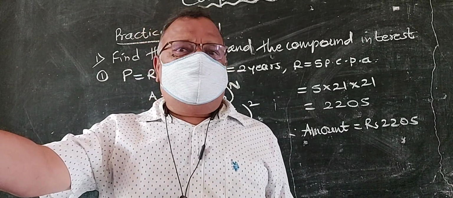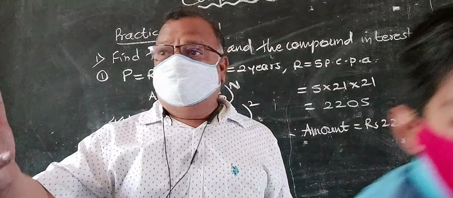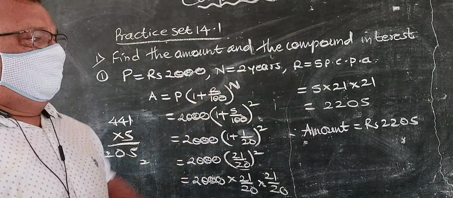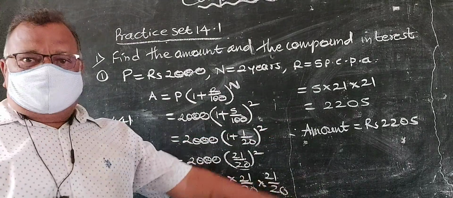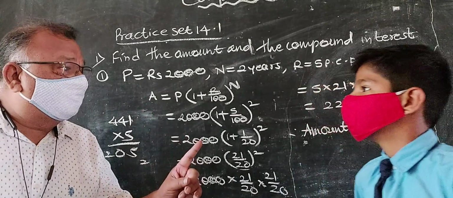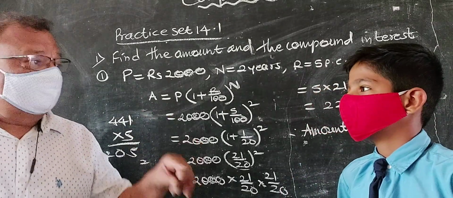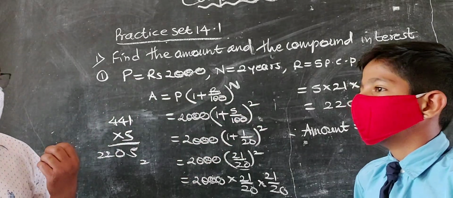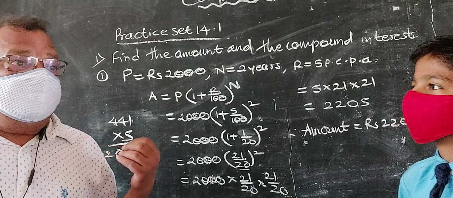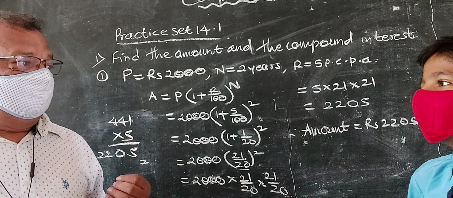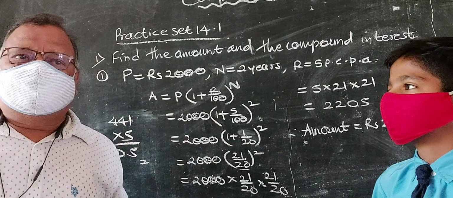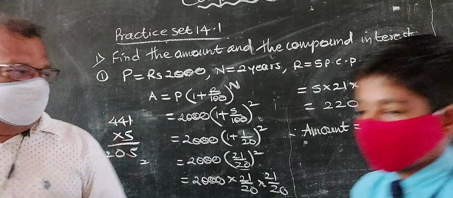Look, I am very happy that my students are able to tell the answers. It is not that our students cannot tell the answers. They can tell. Come on, how much extra did that person get? 205. Come and tell it in front of the mike. 205 rupees. Yes. How much amount was deposited by that person? 2000. How much amount did he receive? 2205. And extra how much he got? 205. So my dear, that is how logical thinking goes on and we have to calculate the things. Please go and sit there.